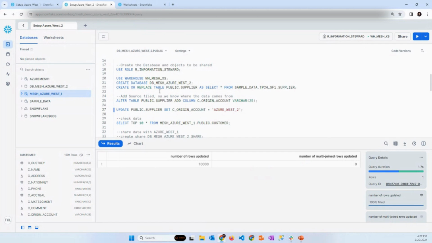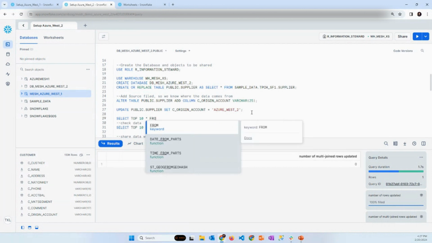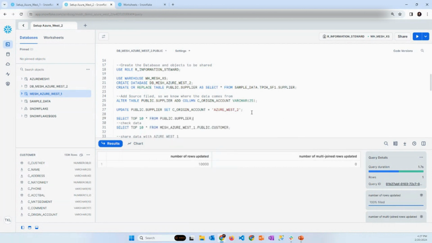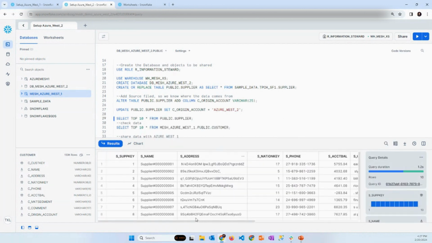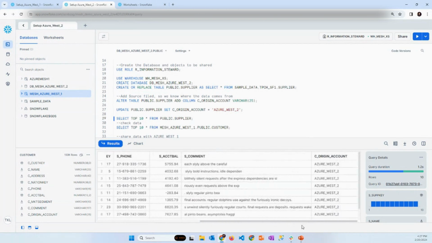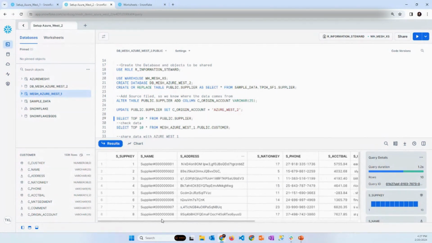Right. And then we can just see if everything is working as expected. So this looks how we wanted it to look.